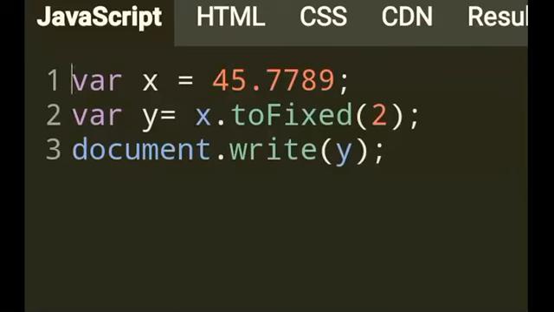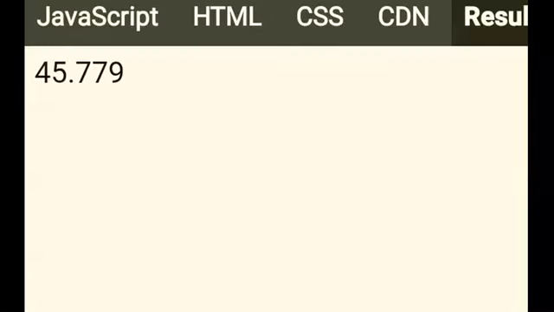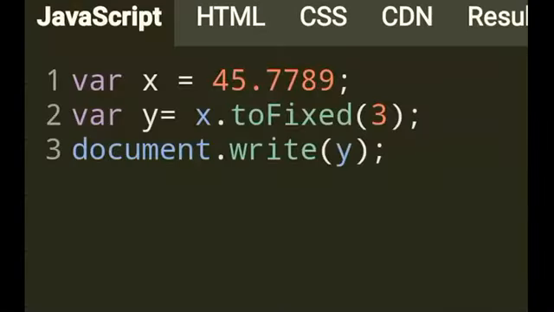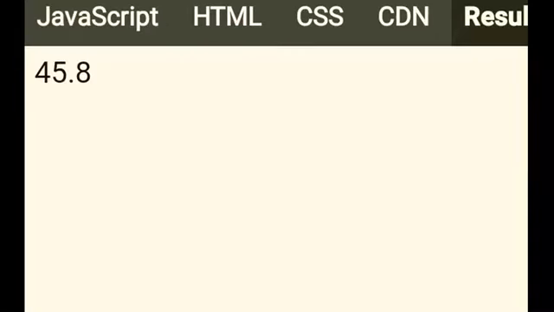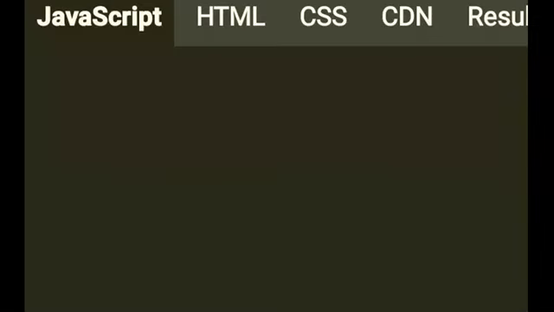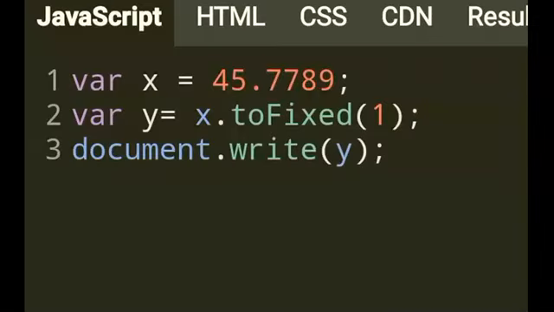Let's say 3. We get 45.779, the last 9 gets rounded. Let's say just 1. So it becomes 45.8. And if you don't write anything,